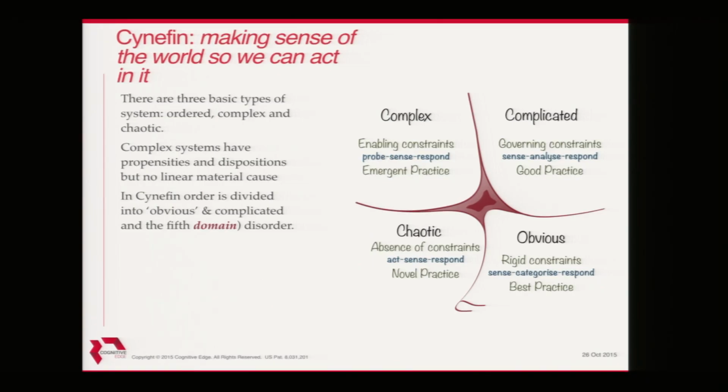For those of you into Agile, Scrum is a complex to complicated transition tool. And actually one of the things we're developing are pre-Scrum tools in Agile which deal with this parallel experimentation. Yeah, which Scrum doesn't actually handle. It's very valuable, but it's not on that side. Yeah. Then a chaotic space is one where we have to act, either to maintain it or get rid of it. It's completely novel practice.